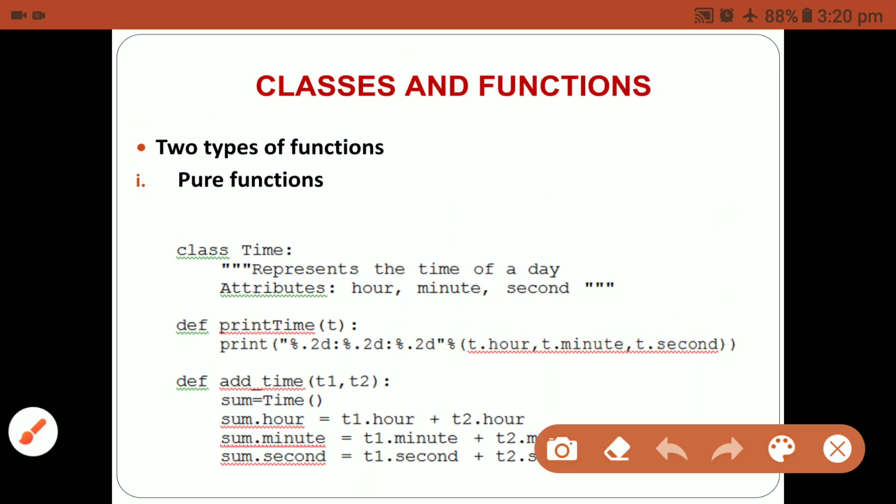So first you add the two objects. After adding the objects, you take the sum of the time: the sum of the hours, minutes, as well as seconds, with the help of t1 and t2.